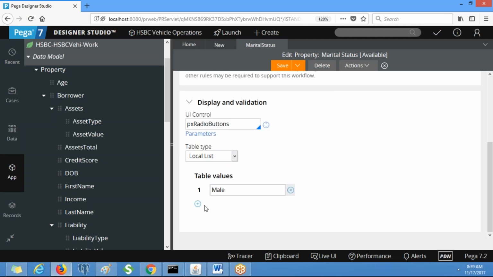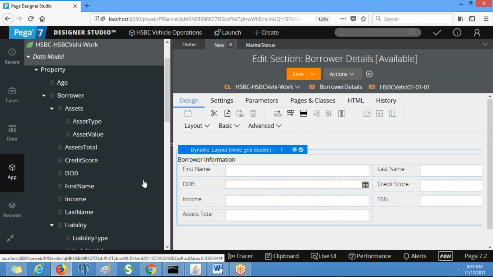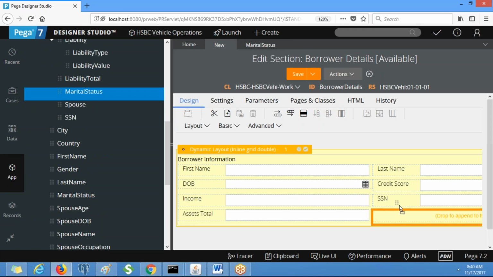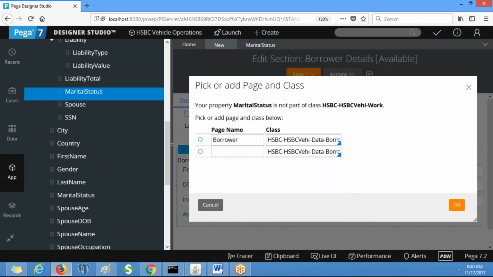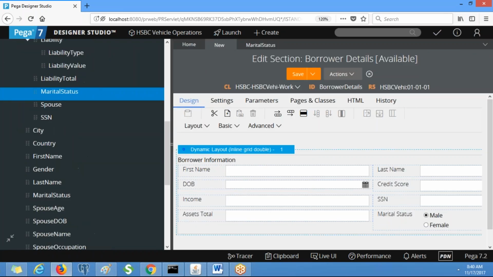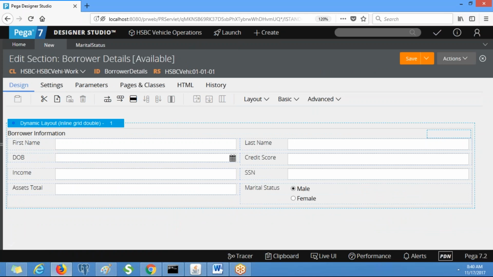Save. Now go to the section and drag the property called marital status. So this is the first layout.